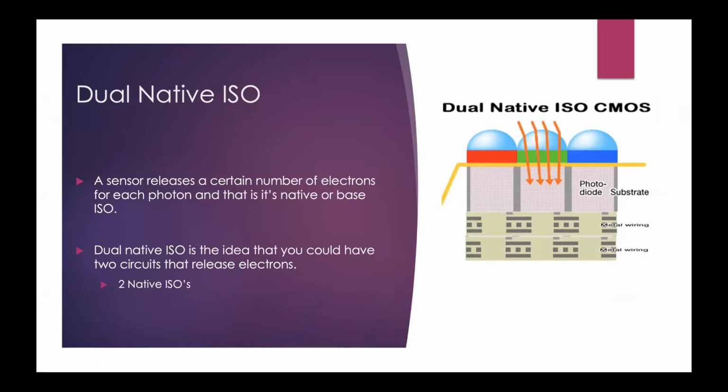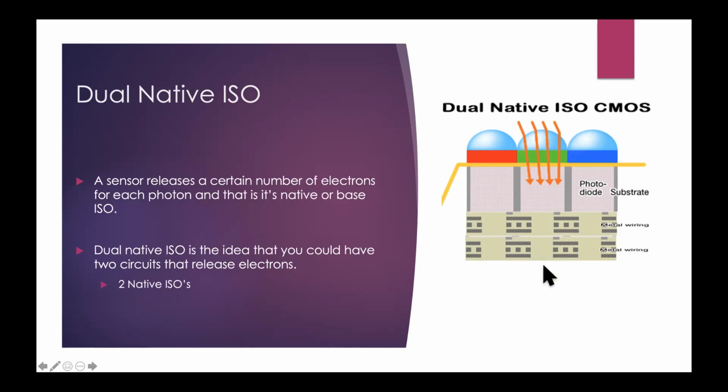What dual native ISO does is it releases more electrons for the number of photons that hit it without adding electrons from an external source. And that's the key difference. So remember I said you can push the ISO of a camera and add electrons later on. Those electrons come from the camera's battery and they're just thrown into the circuit at a similar ratio to the photons you captured. What dual native does is it actually, at the point of sensor, it actually triggers more electrons to react and therefore gives you essentially two sensitivity settings, and they're in the menus of most cameras this way,